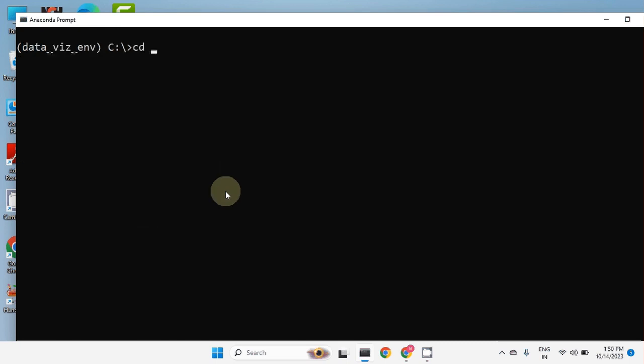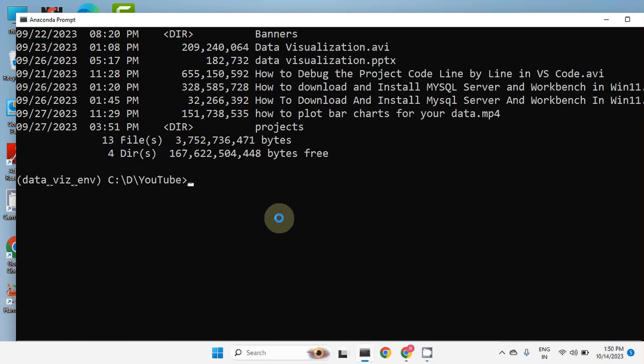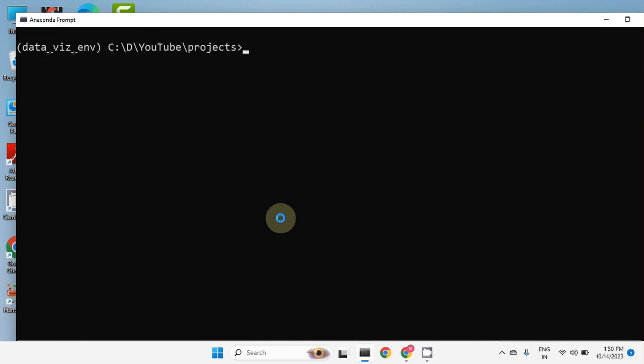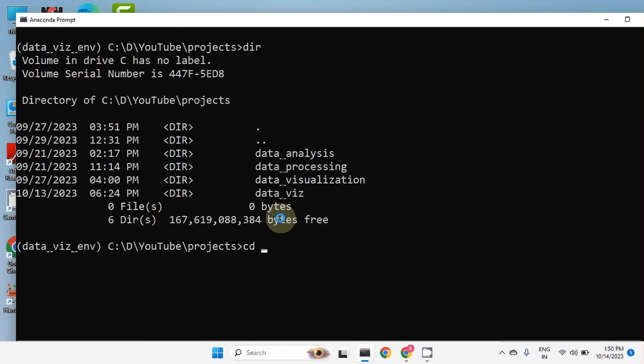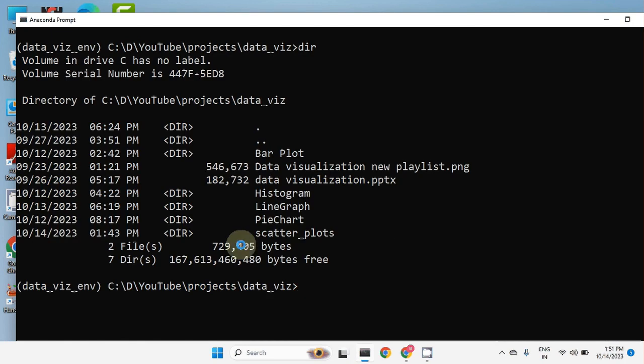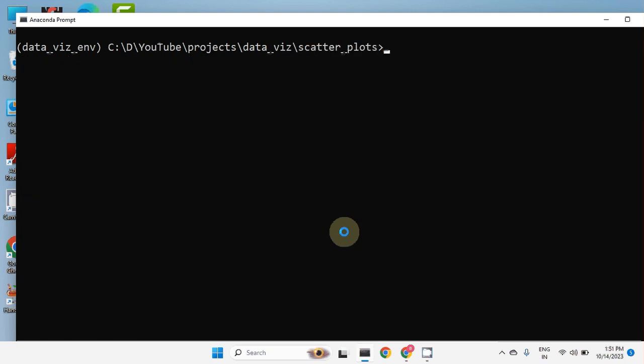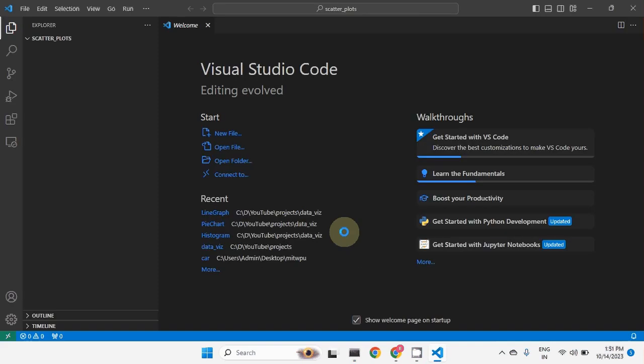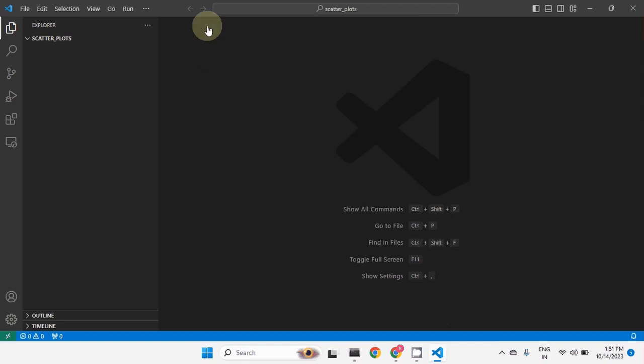Let me clear the screen. So cd, I'll go to D, which is basically a folder, and let me go to YouTube/projects. Let me check. I want to go to this projects, and let us check which one. Okay, I want to go to this database directory, and inside this, let us check. I want to go to this scatter plots. So cd scatter plots, and inside this I'll open Visual Studio Code: code space dot. This is an empty directory right now, and we want to write